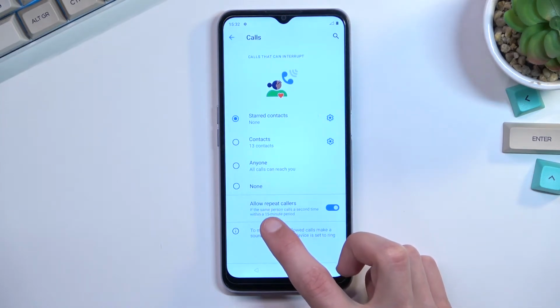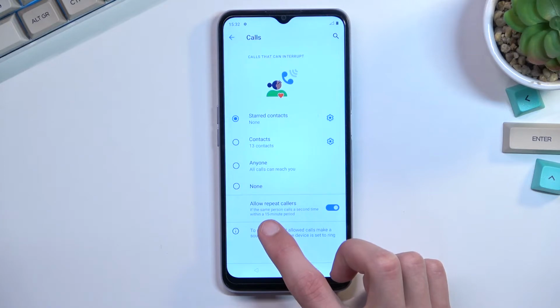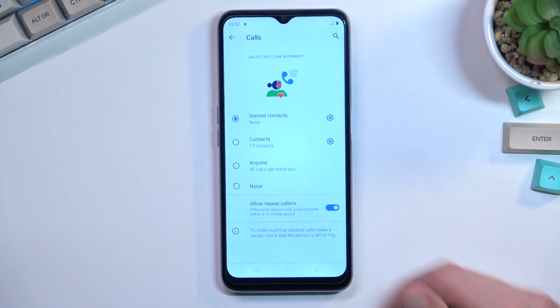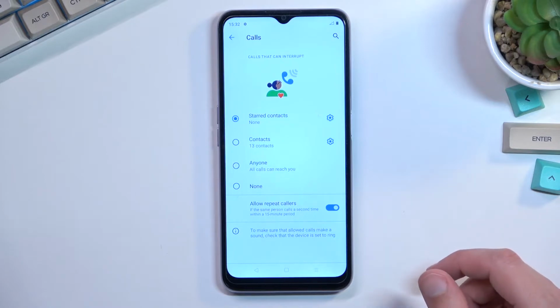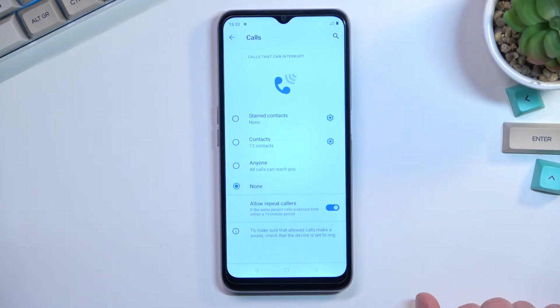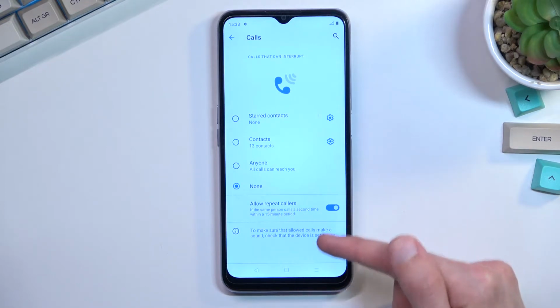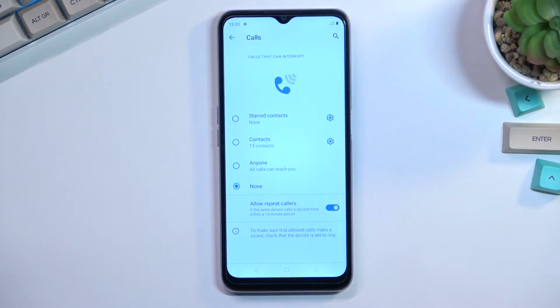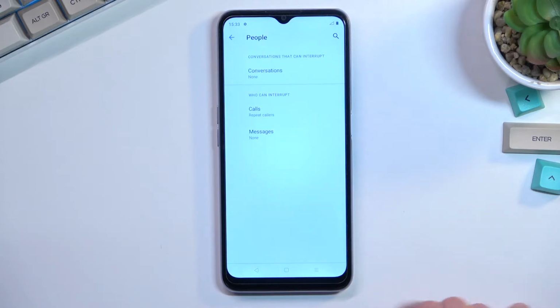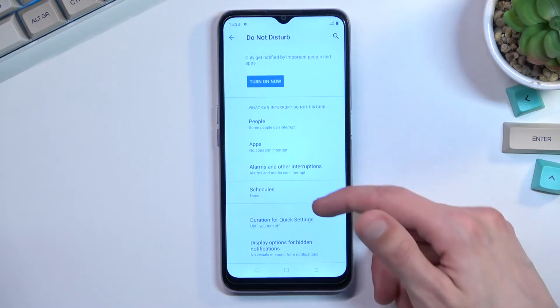For the repeated callers, so if someone calls you twice within a 15-minute period, they'll completely bypass what you have right over here. So if you select that no one can call you, as it is selected right now, and someone meets that requirement, they will bypass this option right over here. Now messages has basically the same options as calls minus the repeated callers,